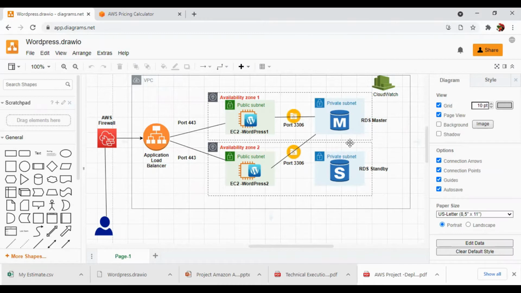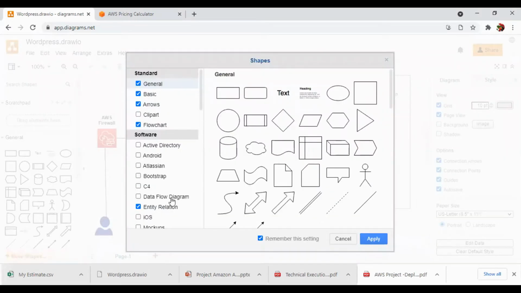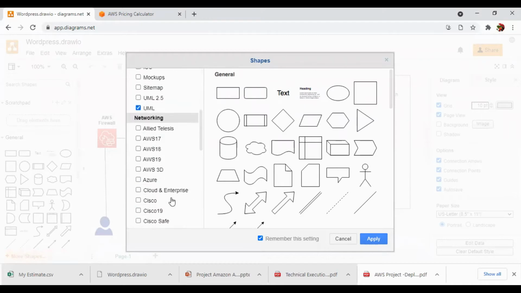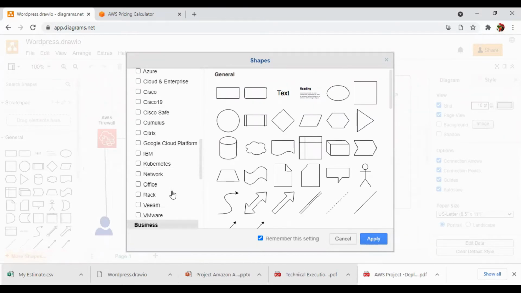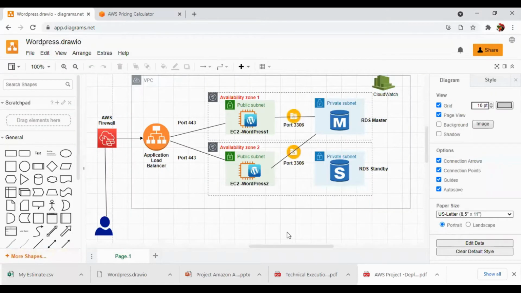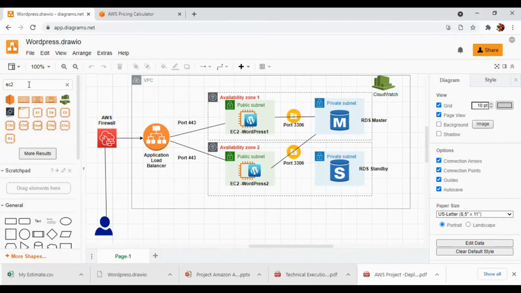This is a very simple tool, and here you can see there are different shapes and sizes which we can get, and everything regarding Active Directory, from entity relation, UML, AWS, cloud, Cisco, even Cisco routers and everything we can get over here, the shapes and figures, and then we can design the layout. So this is a very helpful tool. All the solution architects use this tool for designing. So here, if we type EC2 and you want that shape, just press enter, then we can just drag and drop using this. So this is how the platform actually works.